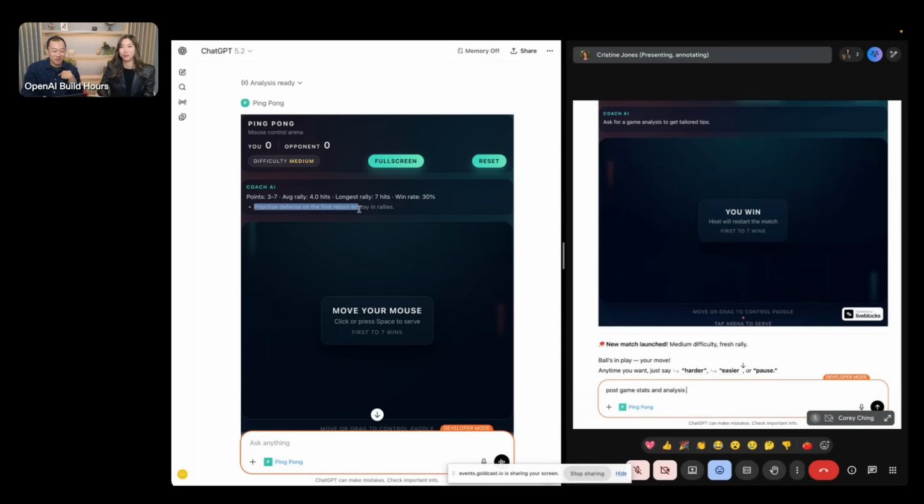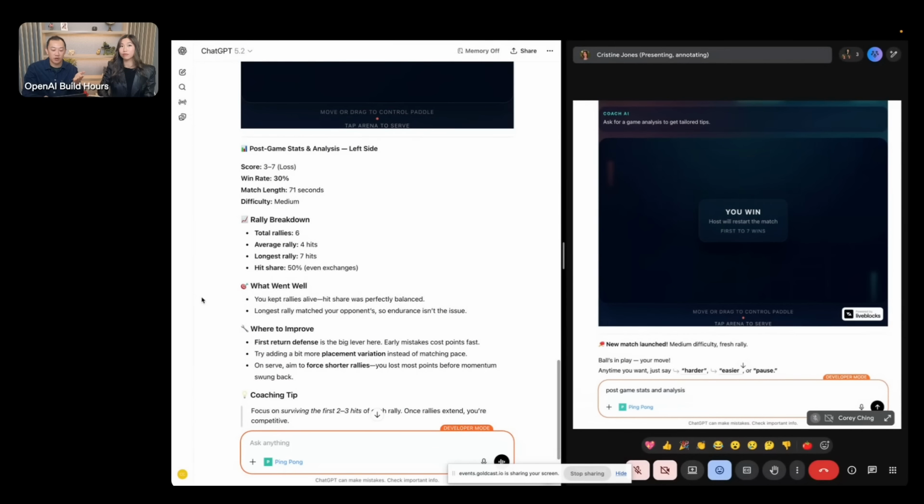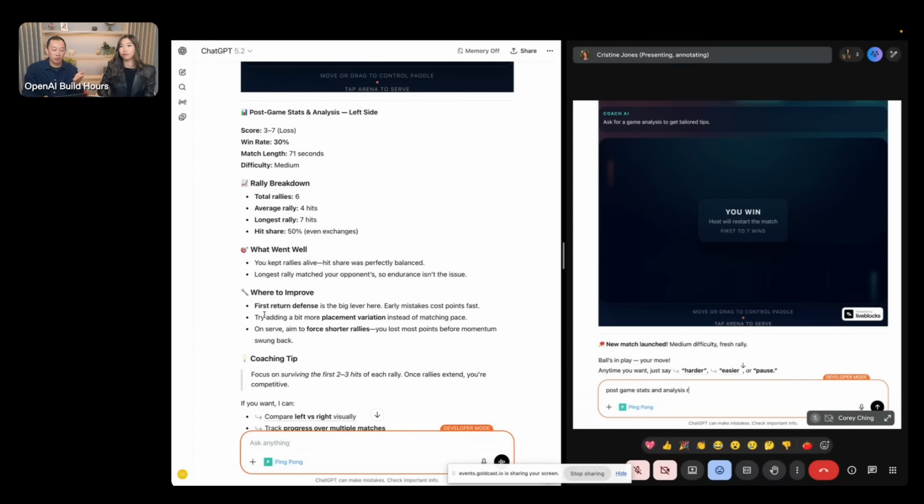And it's giving me some tips that I should prioritize defense in the first return. And that makes sense because I let a lot of those balls just go score on the first shot, so we can finish the game for demoing. But that's context, an understanding, letting me know that the way for me to improve my game is to actually defend those first hits. Let's see what Christine gets.